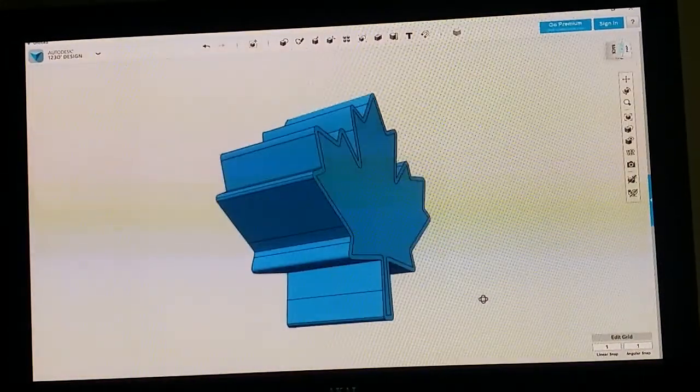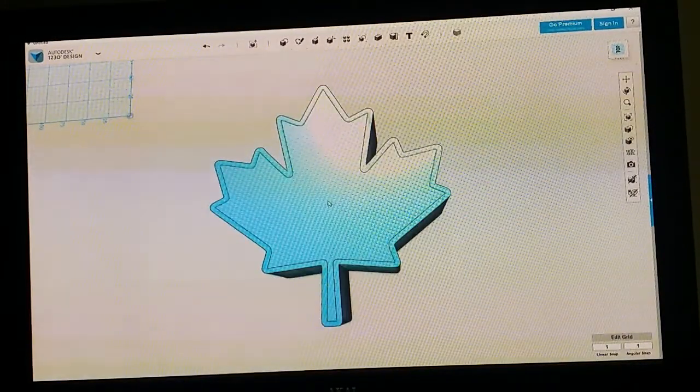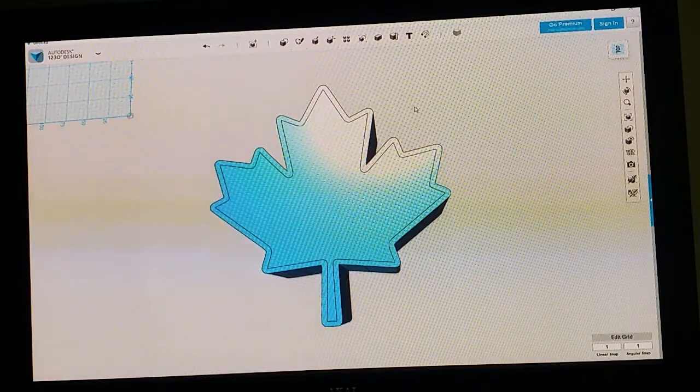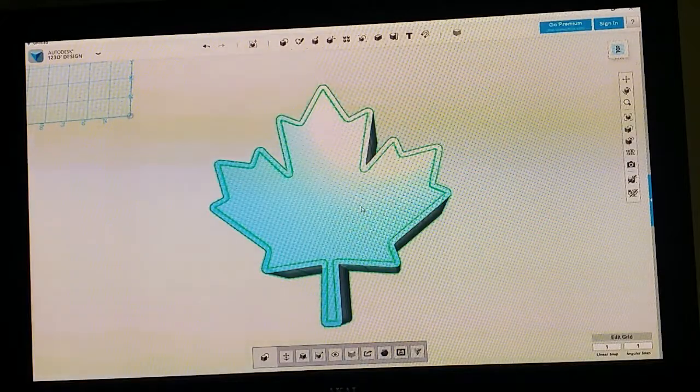we turned into a vectorized image. So now we have essentially two pieces here. It's a very simple image, so there's only two pieces to it. Some images, there are multiple pieces, and it gets pretty hard to deal with. But what we can do is select it all, just drag over it, select it all, and we're going to